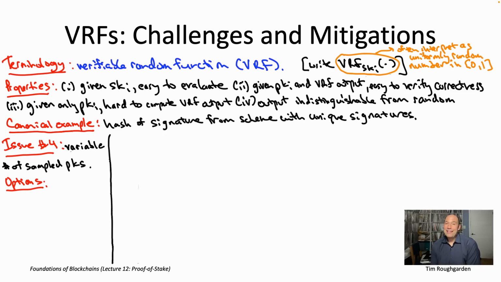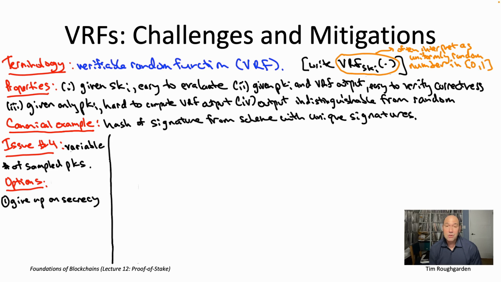So option number 1 is just to punt, frankly. You could say, you know what? In the abstract, this secrecy property seemed like something that would be nice to have. But now that I see the costs that I would have to pay using this VRF approach, where I might have to deal with like 7 different public keys sampled in the same round, what do I do with that? You could say, yeah, it would have been nice to have, but it's just not worth having to deal with. So let's just give up on secrecy. So what this means is getting comfortable with the fact that everybody's going to find out who the leader is at exactly the same time.